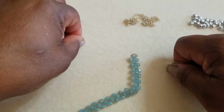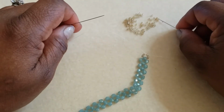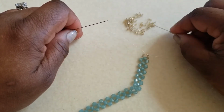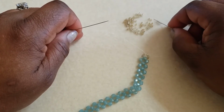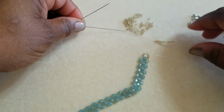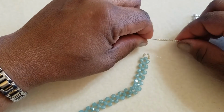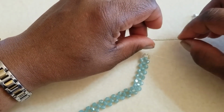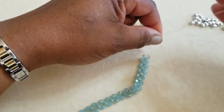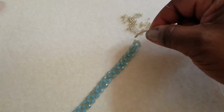Now for my loop of seed beads, I'm going to add 12. I added 12 of my size 11 seed beads, and I'm going to pull them off the needle, and I'm going to pass my other needle through all 12 of the seed beads. By doing it this way, my loop is already reinforced, and I'm going to slide those threads down,